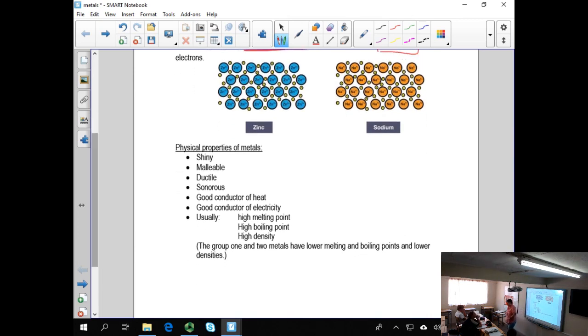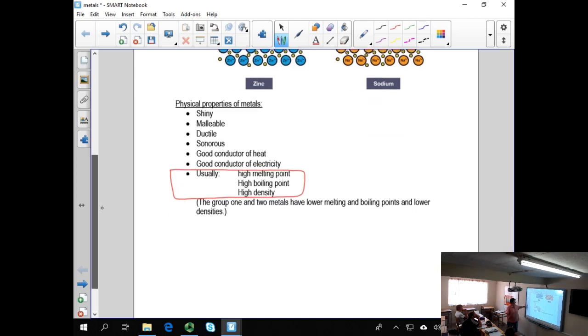The properties of metals, we've just done them: shiny, malleable, ductile, sonorous, good conductors of heat, good conductors of electricity. And then we go and add, usually, metals have high melting and boiling points. What are the exceptions? Group 1 and 2 metals. And usually they have high densities. What are the exceptions? Group 1 and 2. Okay. So,